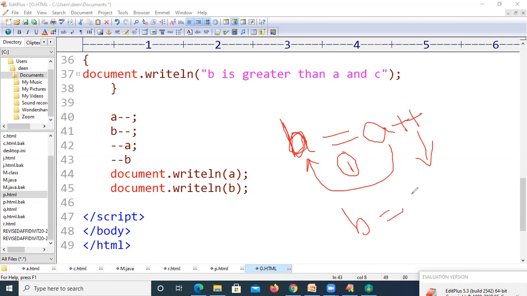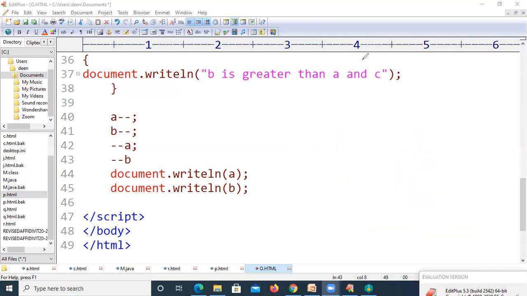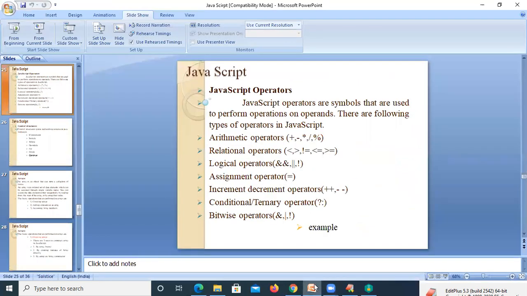And when we write B equal to ++A, increment will be done first, and then the value is assigned to the variable B. So if you want increment to be done and then assignment, you can use pre-increment. And if you want assignment to be done first followed by increment, you can use post-increment. So this is how these increment and decrement operators work in JavaScript.